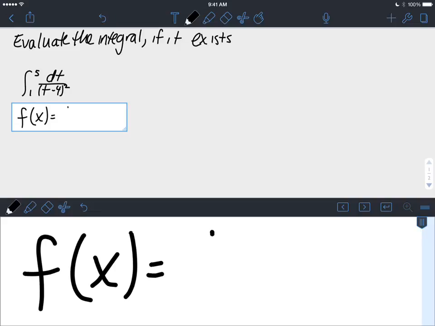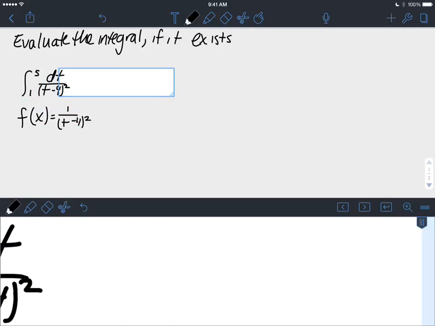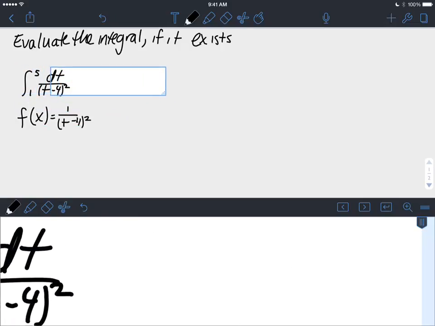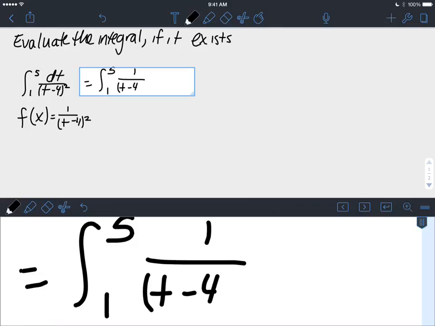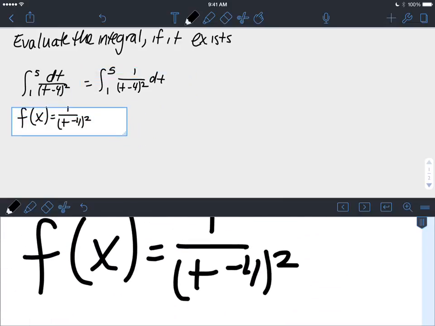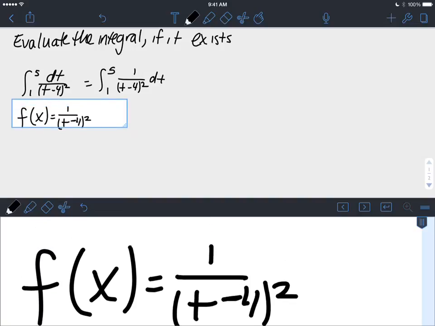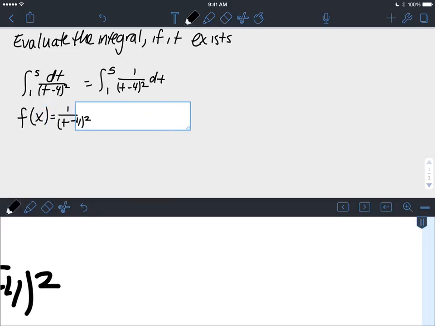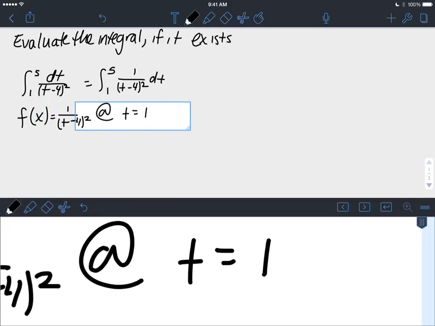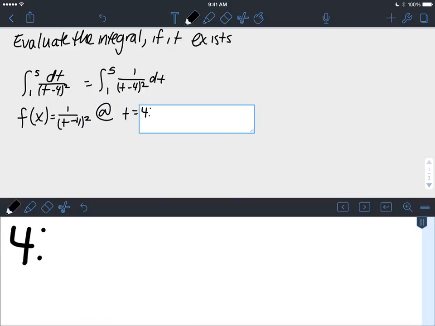f of x equals 1 over (t minus 4) squared, because this all can be written as the integral from 1 to 5 of 1 over (t minus 4) squared dt. From here, we can see that if we plug in 4 for t, so at t equals 4, we get 1 over